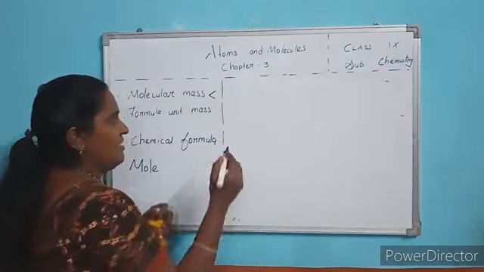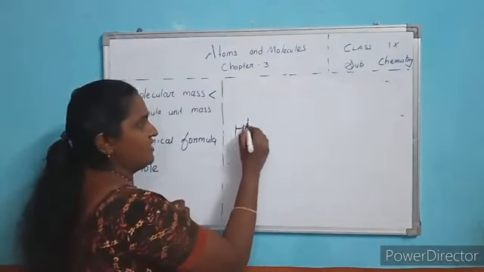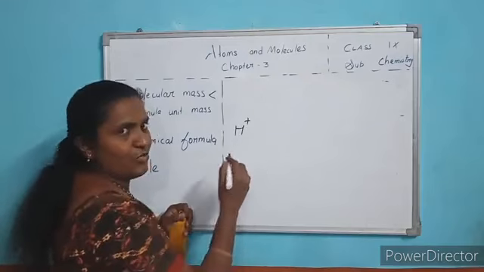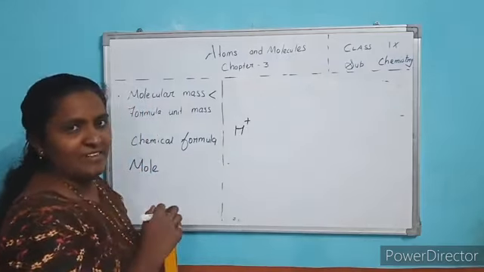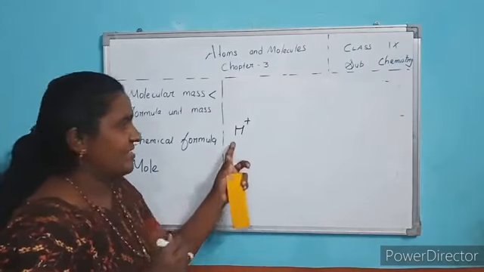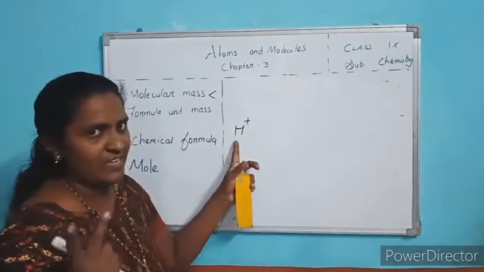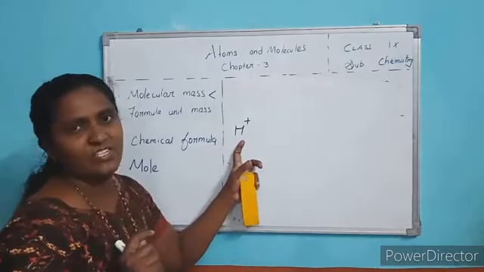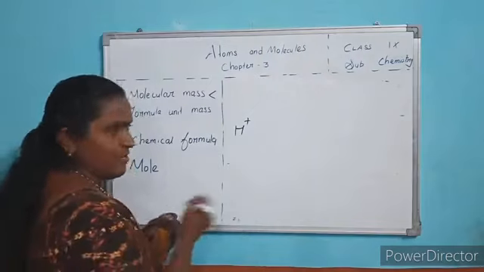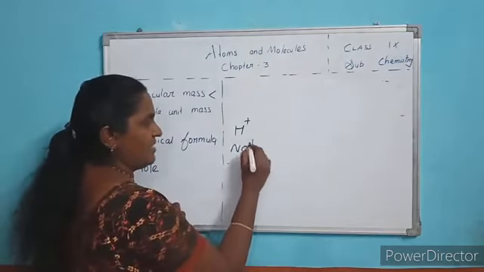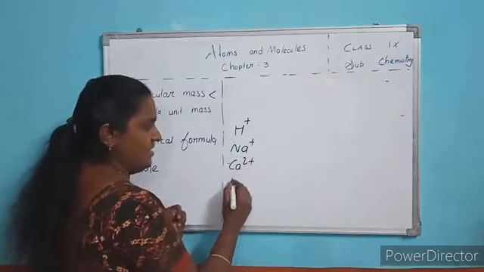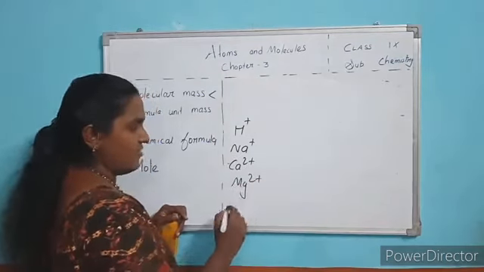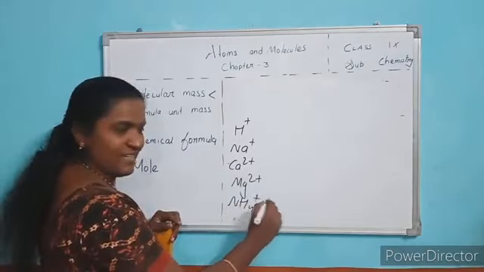Okay. Here positive radicals are there, charged particles are there. You know what charged particles are? Or ions. There are two types of ions, positive charge as well as negative charge. Charged particles are called ions. These are positive charged ions: hydrogen, and metals, sodium plus, calcium 2 plus, and what else important? Magnesium 2 plus, ammonium plus.